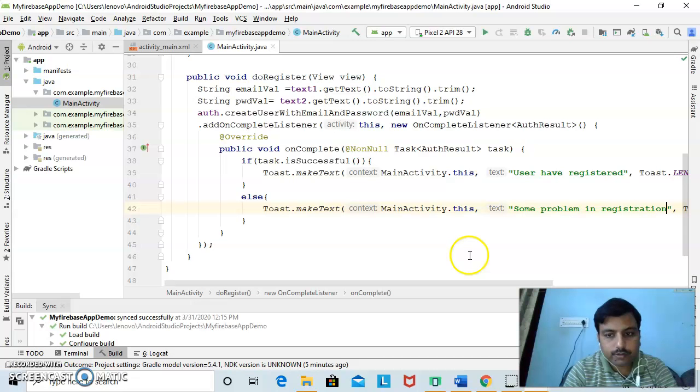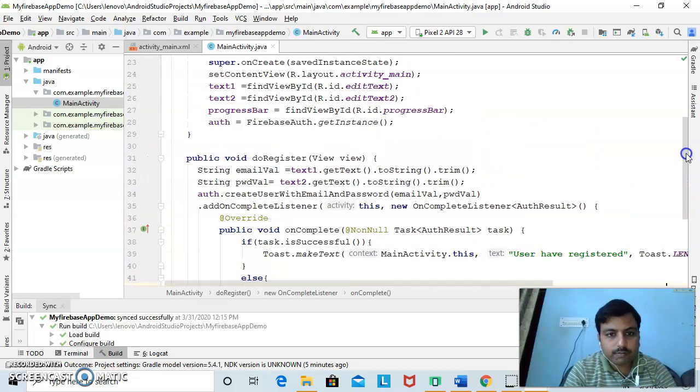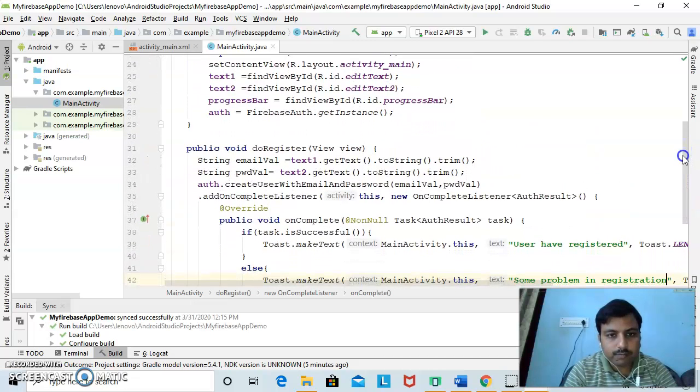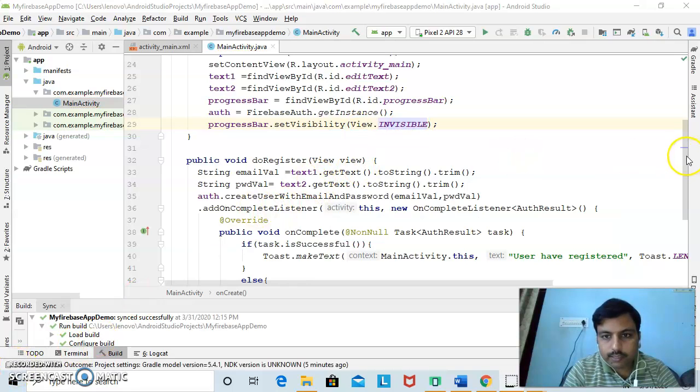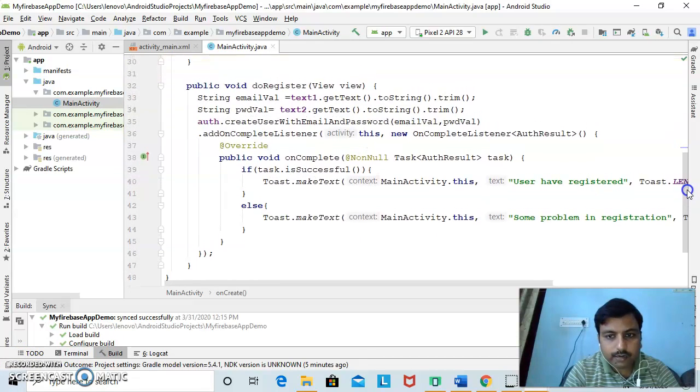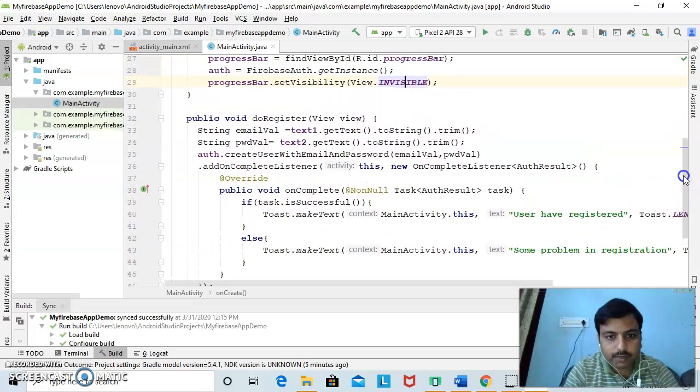Okay, for showing the progress we will also initiate the progress bar. So here we will call progress bar dot setVisibility. We will set the visibility as invisible, and now our progress bar is invisible.